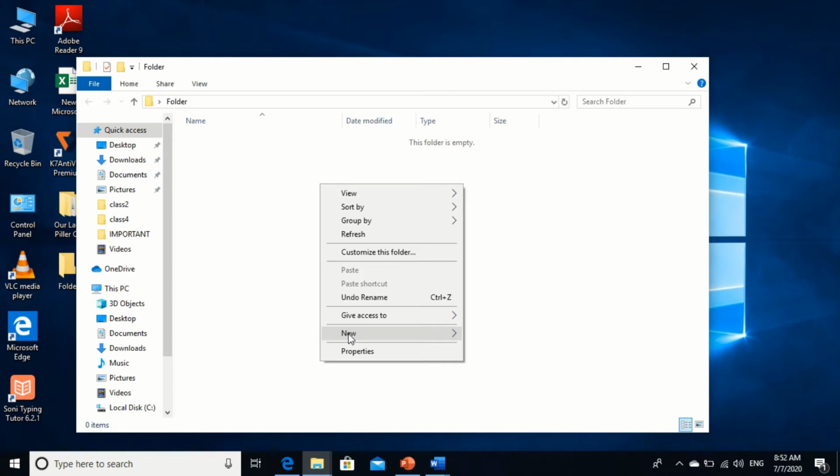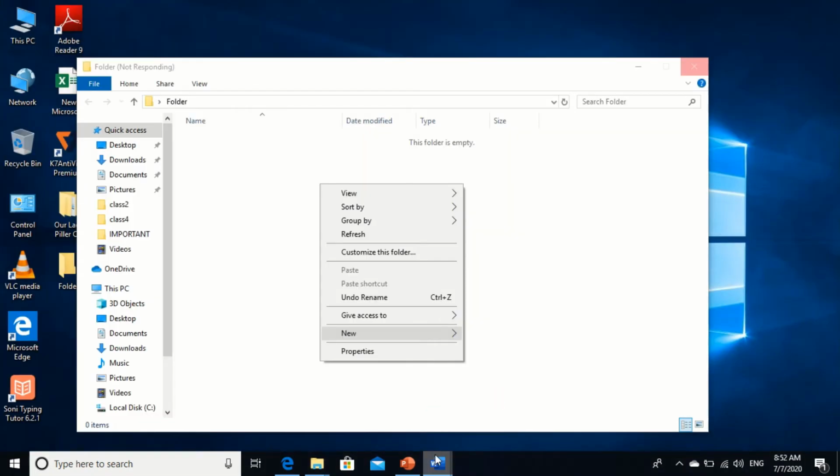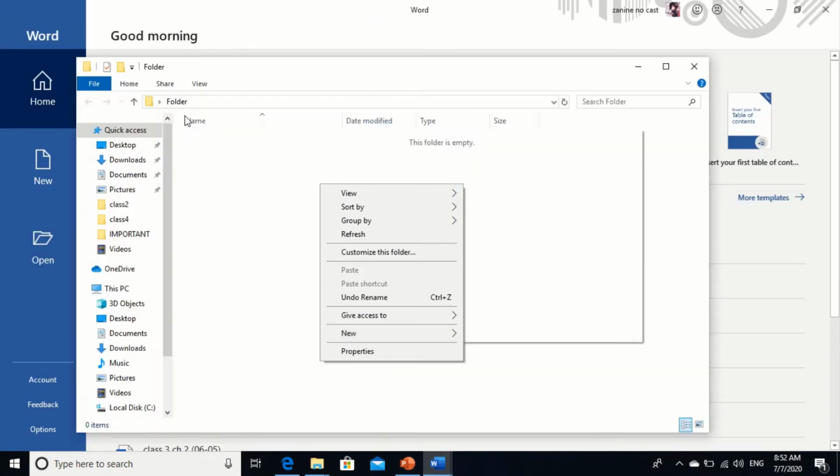When you click on new, a pop-up menu comes up. In this pop-up menu you have to select Microsoft Word 2016, and your file will be created. Understood? See, I am in Word. Now I am creating a blank document.